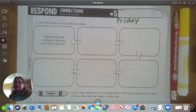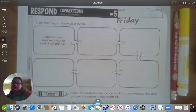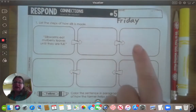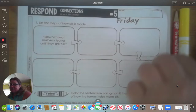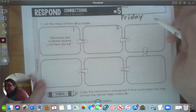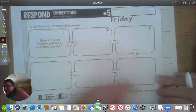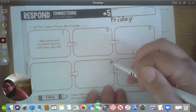All right. So our first one is a little bit different than we've done previously. This one wants us to identify the steps for how silk is made. So first things first, because we have to follow the arrows, I'm going to put numbers in my boxes. That way when I go and figure out the steps for making silk, I can kind of keep track. So the first step I'm going to do is go ahead and number my boxes. Now I've got 1, 2, 3, and I'm going to jump down here and follow this arrow for number 4,